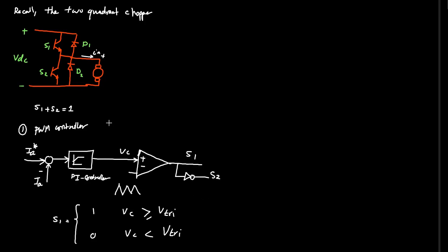So here in the pulse width modulation controller, VC is compared with a carrier, which is a triangular signal, and according to which one is higher, if the control signal is higher than the triangular carrier, then the switch will be on, and if the control signal is less than the triangular, then in this case the switch is off. So if we here plot the waveform, let's assume that this is the